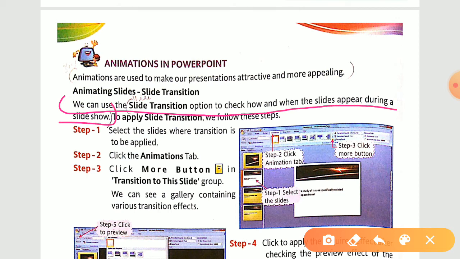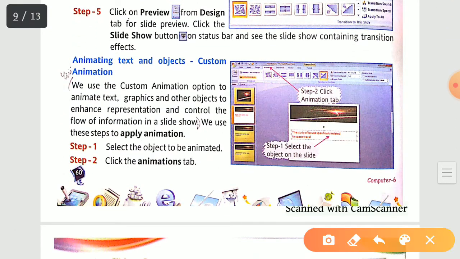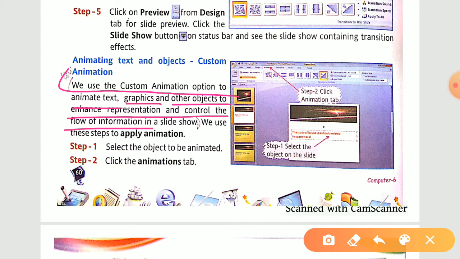Firstly, you have to write down this much. Then you have to change the paragraph to a new line. You will be writing from here: We use the custom animation option to animate text, graphics, and other objects to enhance presentation and control the flow of information in a slideshow. Till slideshow you are supposed to write down.